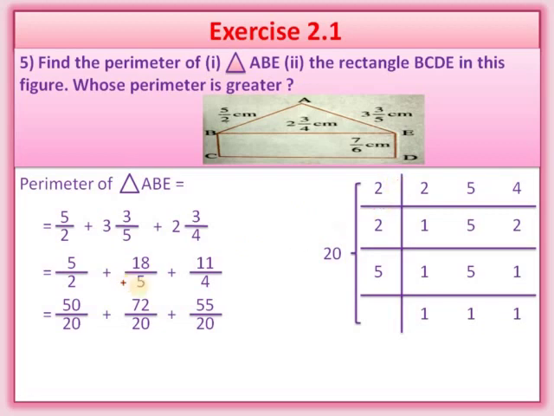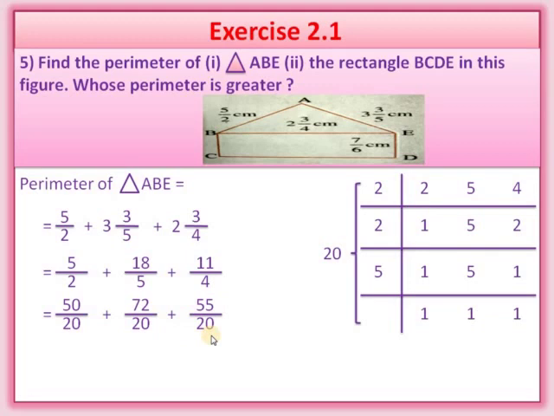Here you can see 5. Okay, this is a 5. Okay, so we cancel it. So 2 multiplied by 2 is equal to 4. So we will multiply by 18, 4 times 18 is 72, and 5 times 4 is 20. Okay, understood? Now in the same way, 2 times 2 is 4, so remaining is 5. The 11 times 5 is 55 and 4 times 5 is 20.